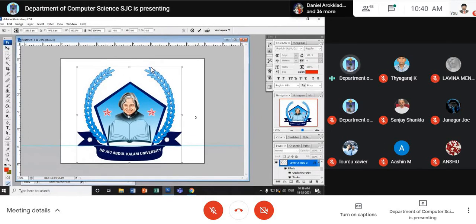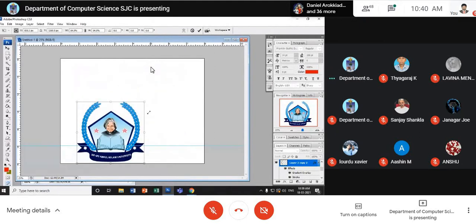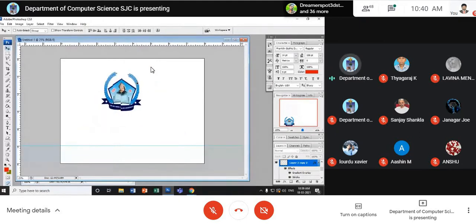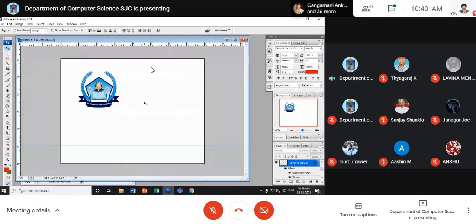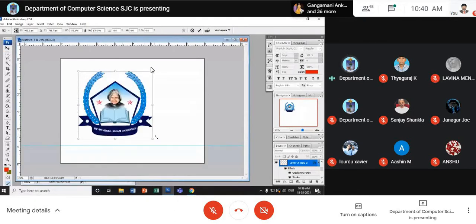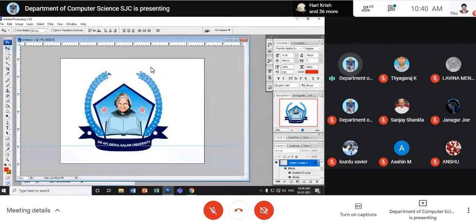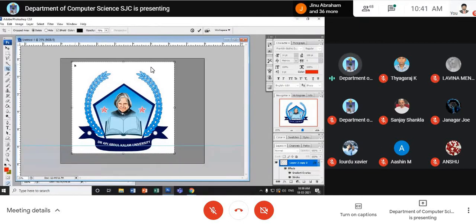Okay, make it smaller. So a logo is generated. See here, a logo is made. Wherever we want, we can keep it anywhere. You can make it bigger. And now I want exactly this size. I want to crop the file to this size. So the crop tool is here. You know the purpose of the crop tool. So I can choose exactly this size and it can be cropped.